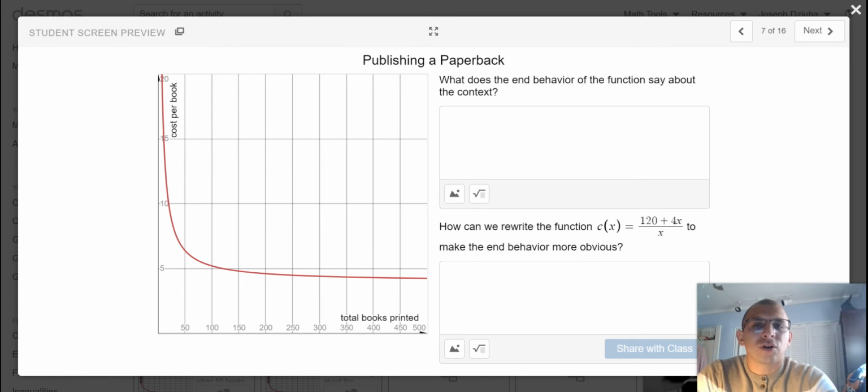So taking a closer look at the end behavior here, right? End behavior, if you've forgotten, is the really, really large values of x. So we're talking about these values here, right, as we're increasing and they're going off of the graph. If I could just continue going on to the right, what does it say about this particular context? From what I'm noticing, I'm seeing some type of horizontal behavior starting to unfold. And if I bring you back